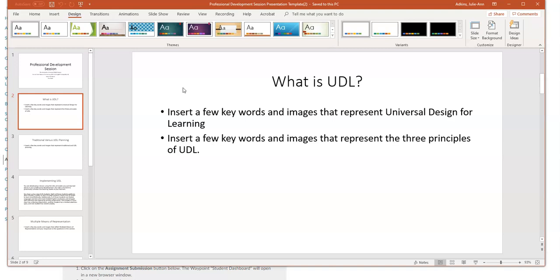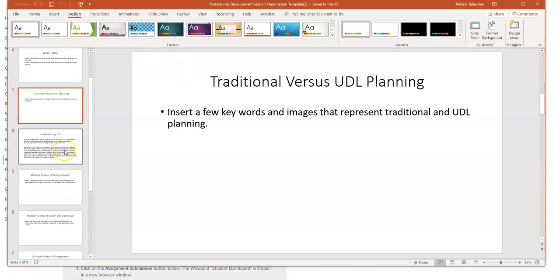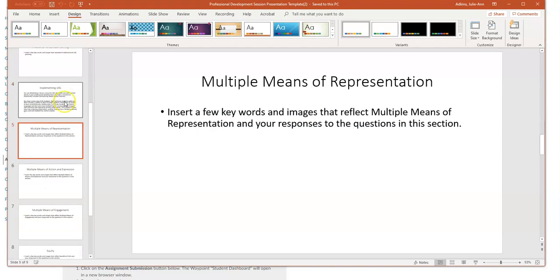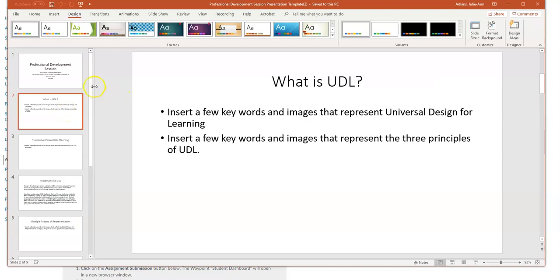Another big thing with presentations, when you're creating your PowerPoint slides, your slides should have minimal words on it. So just a few keywords or maybe phrases, but I should not see your script on your slides. That is what your script is for. So each slide has verbiage in it to help you as you're developing your slides for your presentation.